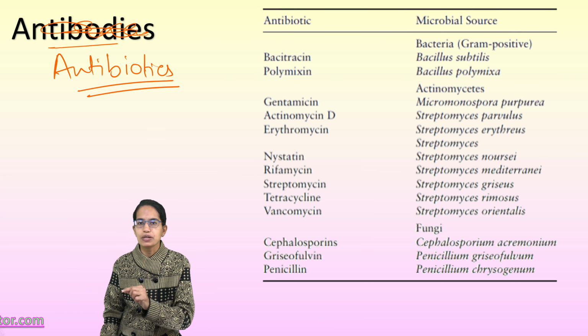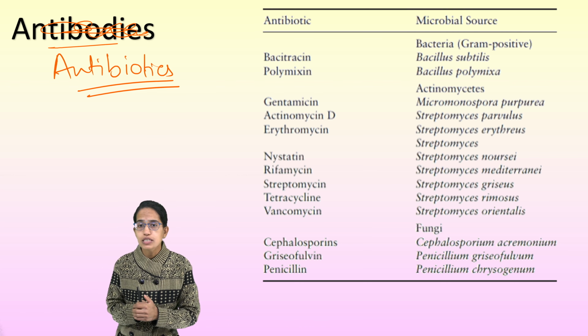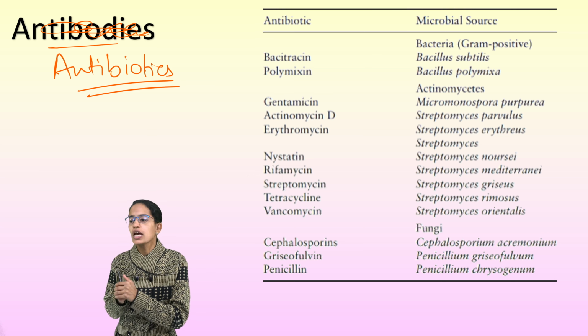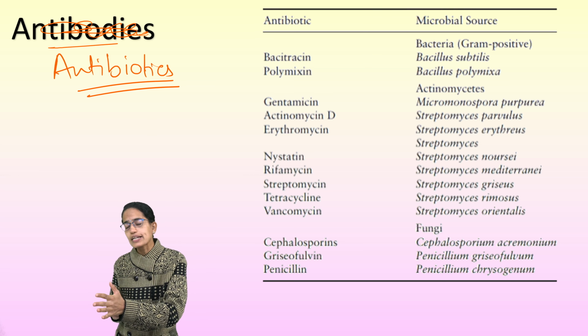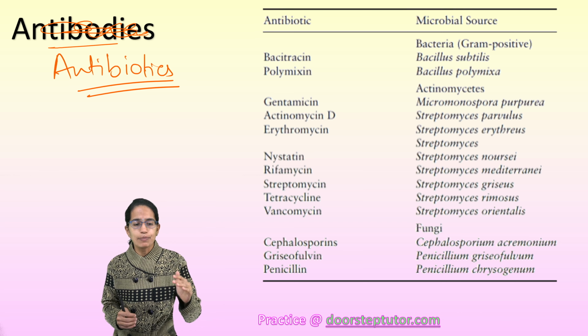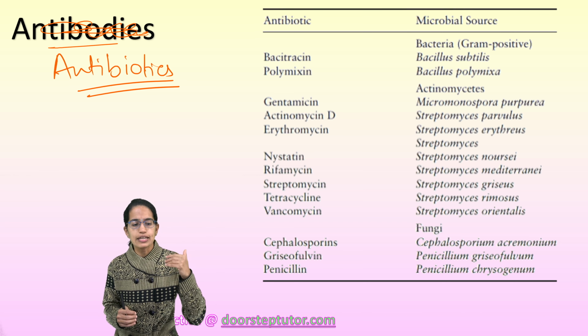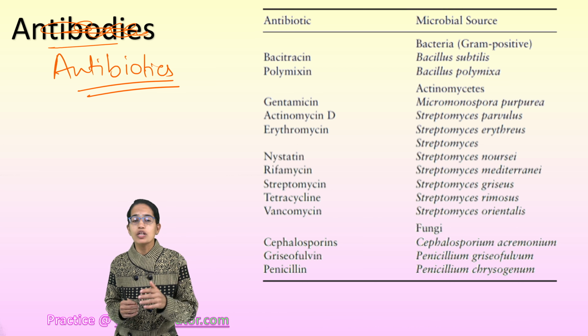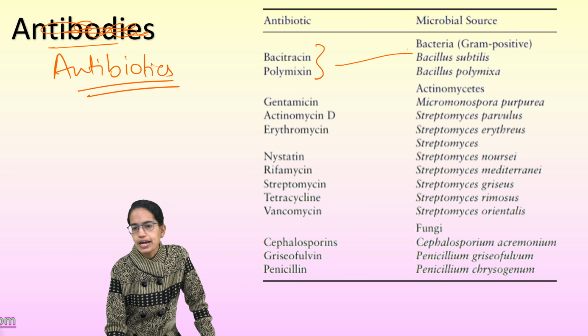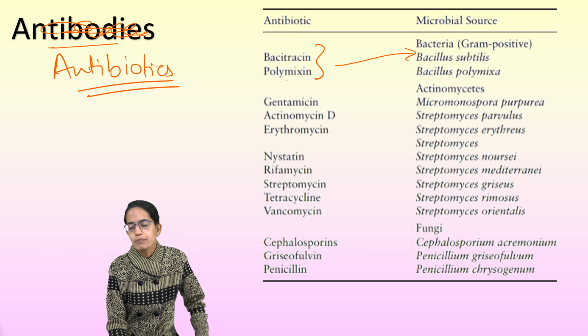The first treatment where it was used was for gonorrhea, which is an STD, a sexually transmitted disease. And then penicillin acted as a wonder drug. After that, a series of antibiotics such as tetracycline, penicillin and griseofulvin were released. Now here we have certain examples of antibiotics which are bacteria-borne, made from bacteria.